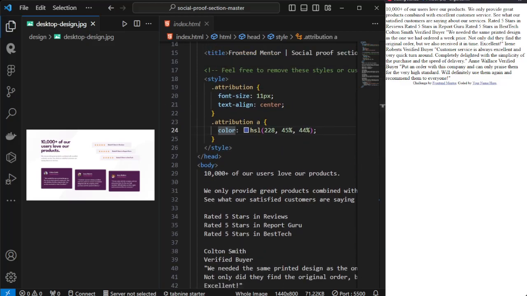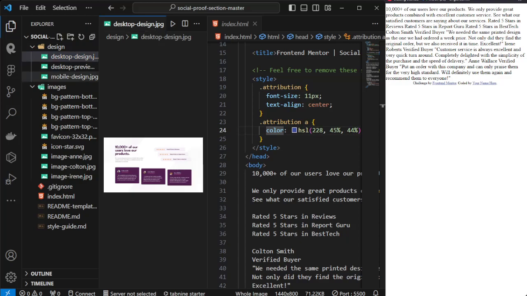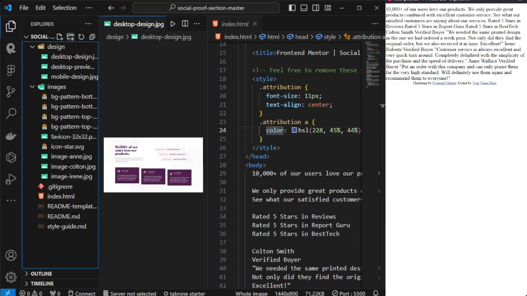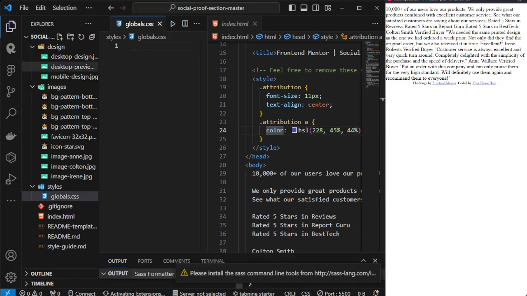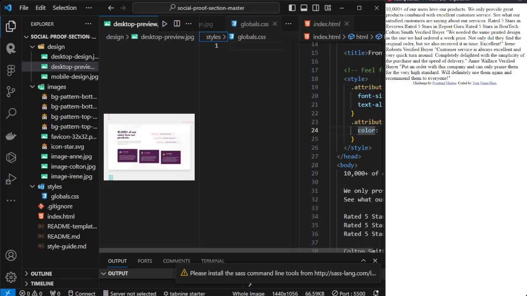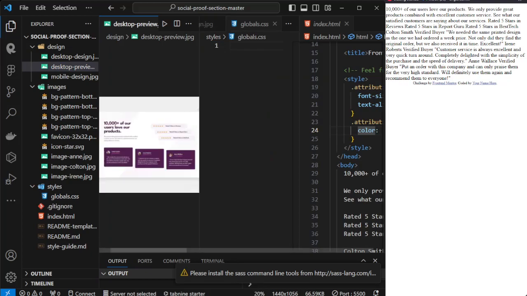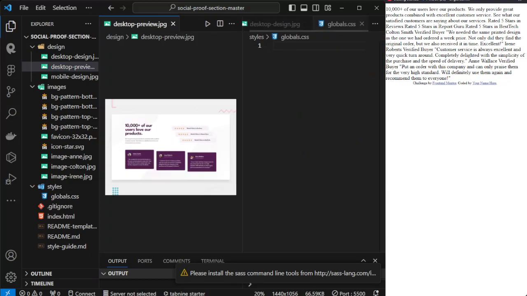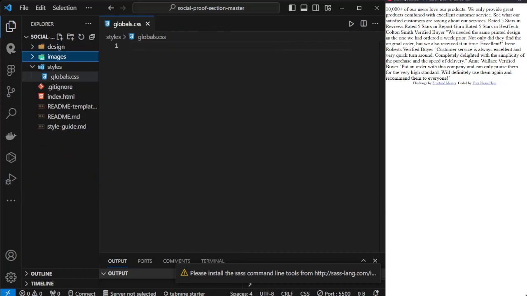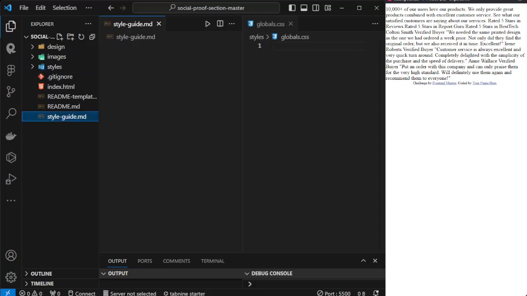All right. First, let me actually load the CSS styles. So let me make a directory named styles, and this will contain the globals.css file. So this is how you can start your projects very easily. Let me just fix this. Please wait. Let's see. There we go. Okay, so the first thing, if you are starting from scratch in a project, I recommend that